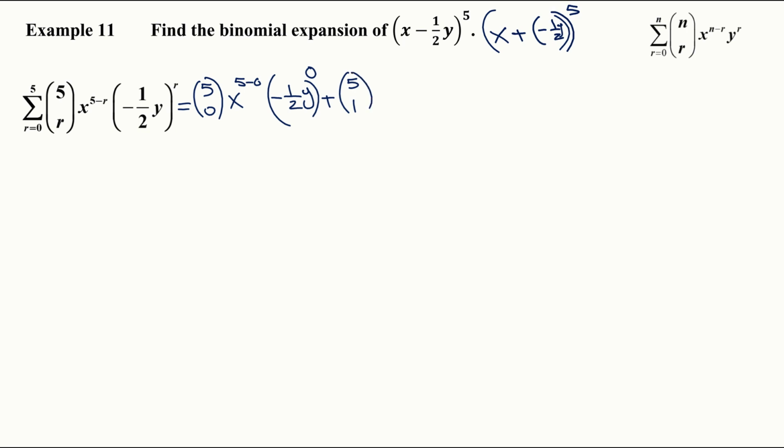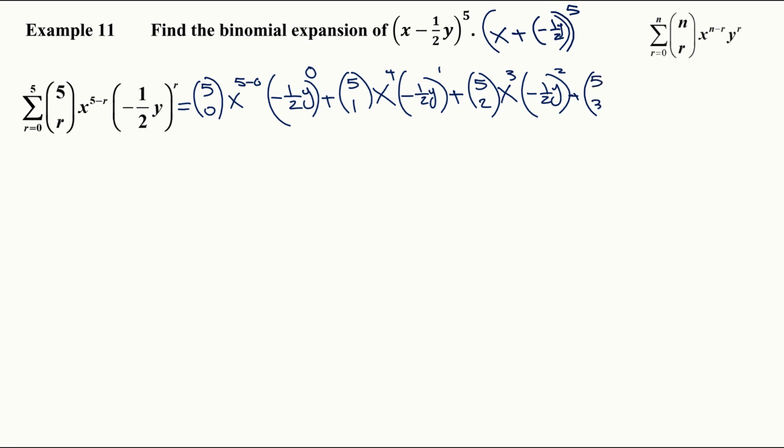So 5 choose 1 times x to the 5 minus 1, which is 4, times quantity negative 1/2 y to the power of 1, plus 5 choose 2, x to the 5 minus 2, which is 3, times quantity negative 1/2 y to the power of 2, and then